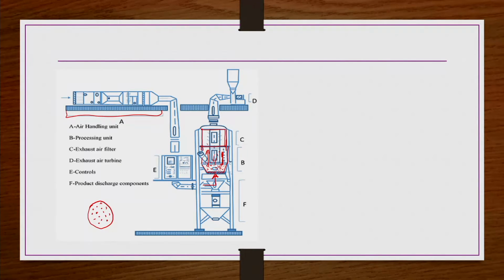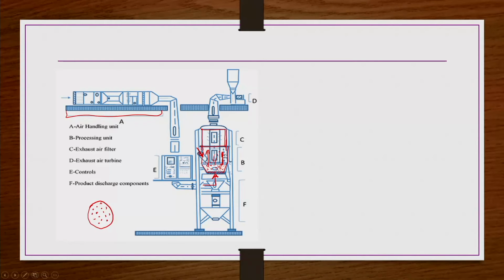so the voidage increases, right? And now here there is a spray nozzle, which sprays the liquid continuously. Here it is shown at the top, it can be at the bottom, it can be inside also, it is possible. So when this liquid comes, the particles are being fluidized, and the fluidized particles and the binding liquids are interacting, a kind of granulation takes place, the size enlargement takes place. Even coating works in a similar way, right?